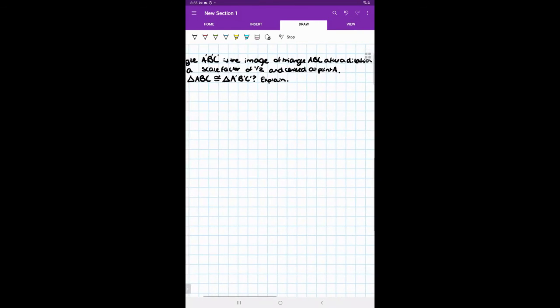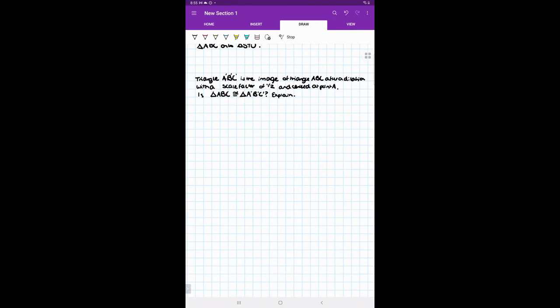Then one last example I want to go over is about that tricky idea of dilation not always being a rigid body motion. So this question said that triangle A'B'C' is the image of triangle ABC after dilation with a scale factor of 1/2 and centered at point A. Is triangle ABC congruent to triangle A'B'C'? Explain. Well, sometimes it's a good idea to give numbers to the abstract question. So let's create this triangle ABC,